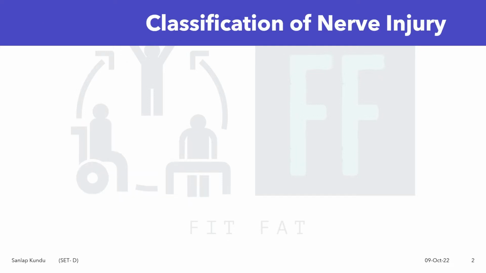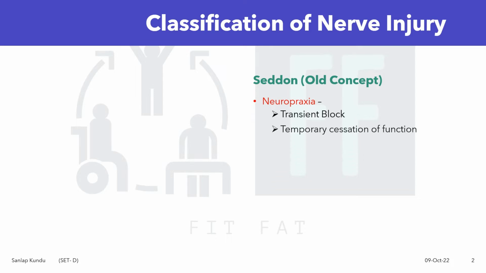So when you're talking about classification of nerve injury, there are two types of classification. First is the Seddon classification, which is the old concept of classification of nerve injury. Now under this, there are three types of nerve injury. First is the neuropraxia, which is a transient block and there is temporary cessation of function and there is quick